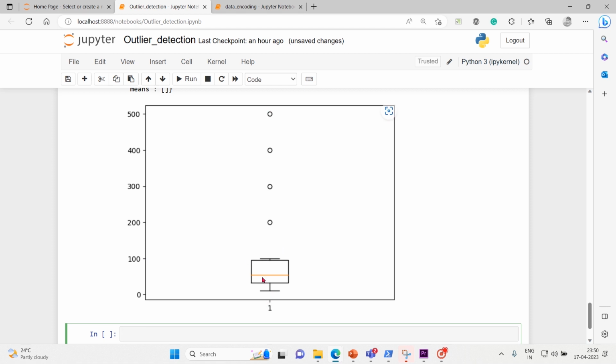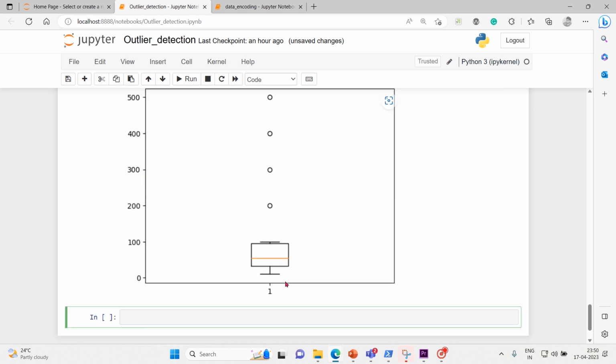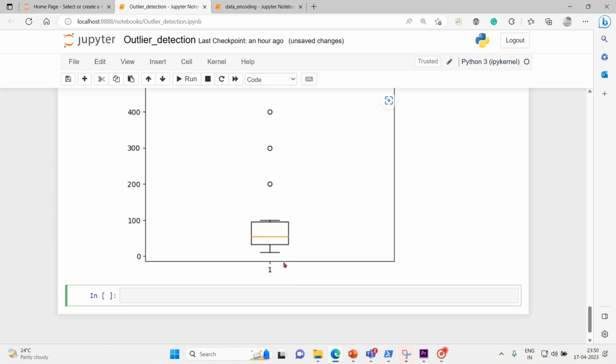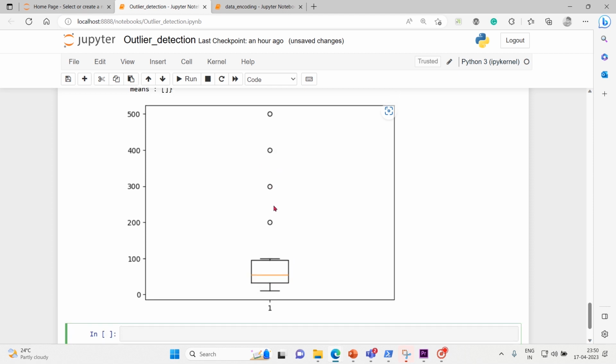These are your outliers. That's it. It has taken that 1.5 times the IQR, calculated the minimum value and the maximum value out of the IQR, quartile 3 and quartile 1, and whatever falls outside